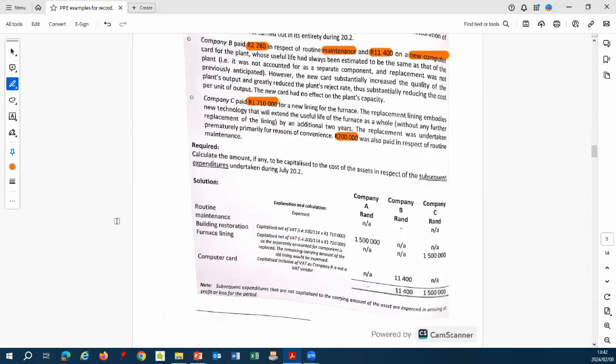Yeah, so if we go down and have a look at the solution, we can see that they want to have a look to see what can be capitalized. So we can see the maintenance was not capitalized at all because it is expensed, whereas our building restoration and our furnace lining was capitalized, as well as our computer card,